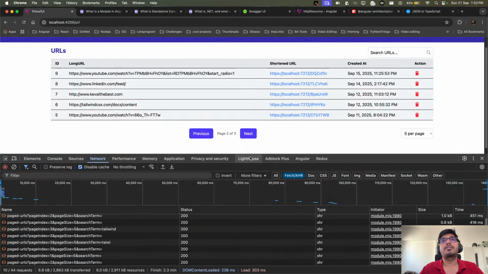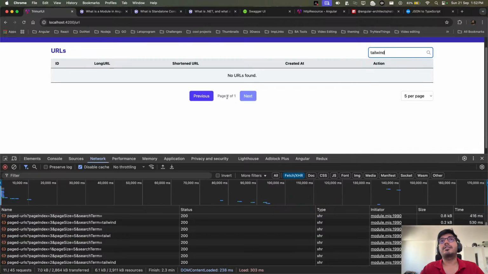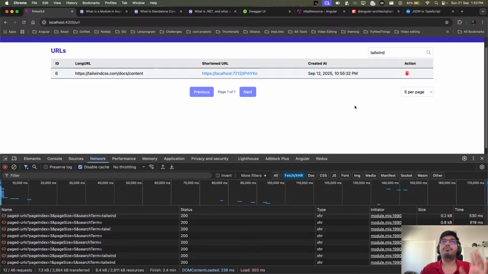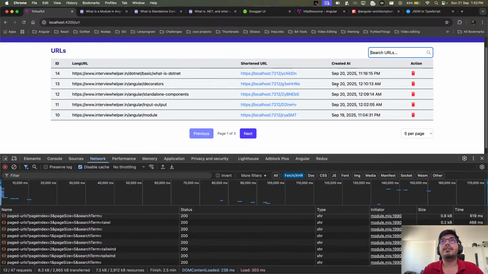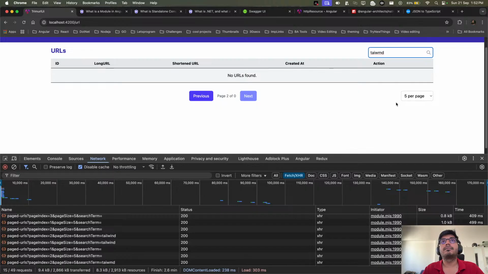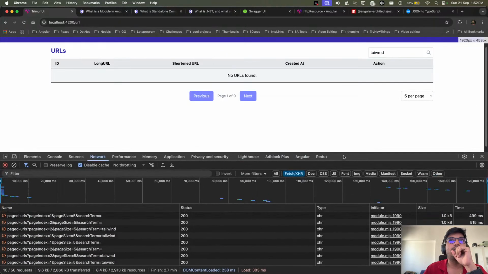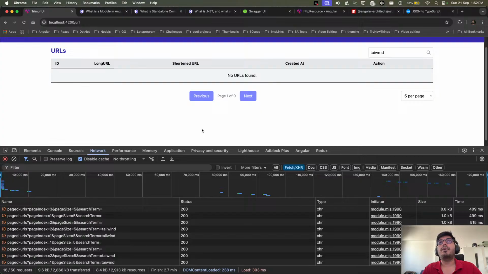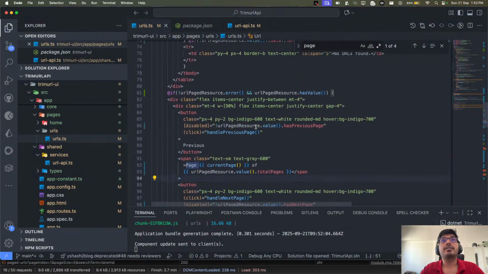So if I search about tailwind, it still says 2, oh, after the search happened, then it has updated. Okay, which is good. After search completes, then it updates the state. That's what was expected. If I again go to page number 2, search about tailwind, no data found, then this should have removed this part. Let me see why it is not removing.